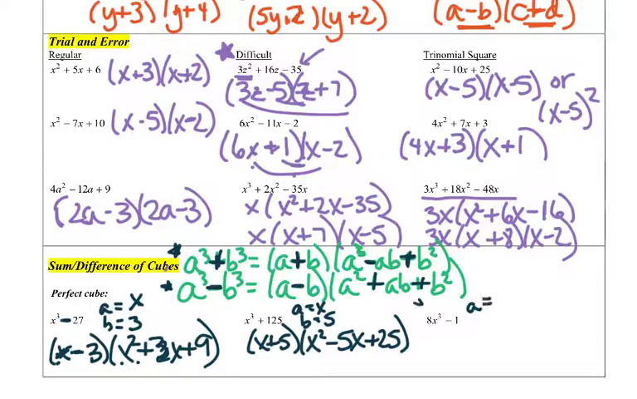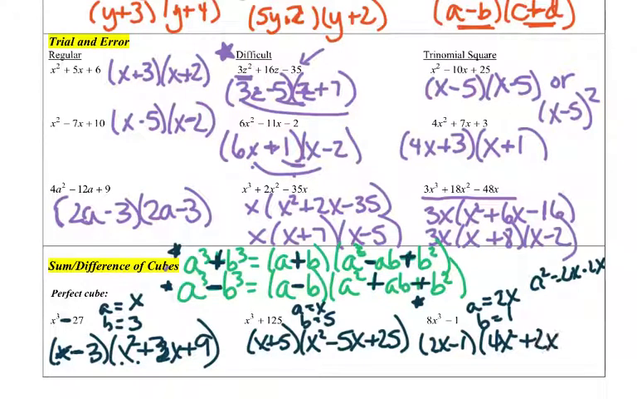The last one's the hardest one because the a here is 2x. 2x times 2x times 2x is 8x cubed. The b is 1. 1 times 1 times 1 is 1. So I'm using my difference formula, a minus b. Now I have to be careful here. A squared is 2x times 2x, or 4x squared, plus ab plus b squared. I know that these are new, and I know that this is a little bit